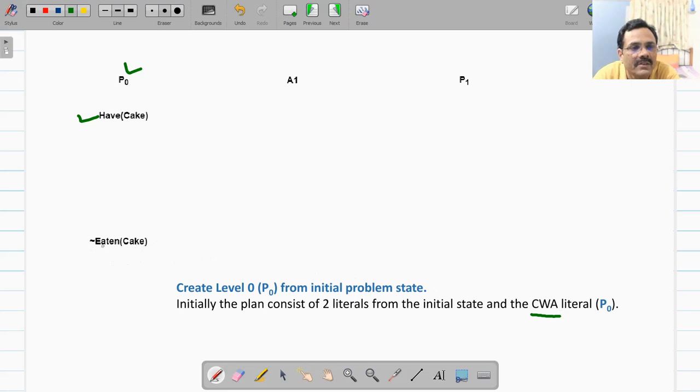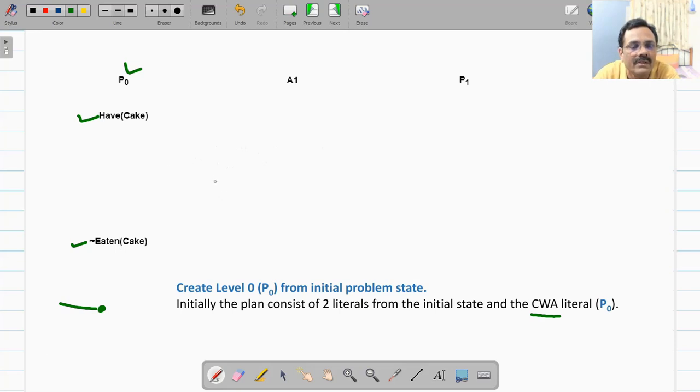Now since you have negative prepositions also in your planning graph, you need not represent that negative edge that we have seen earlier, the solid line with solid circle, which we use for representing a negative edge. Now there are two ways: either you can have such negative edge in your representation, or you can have negative prepositions. So that's how. This is the first part that you will be doing.